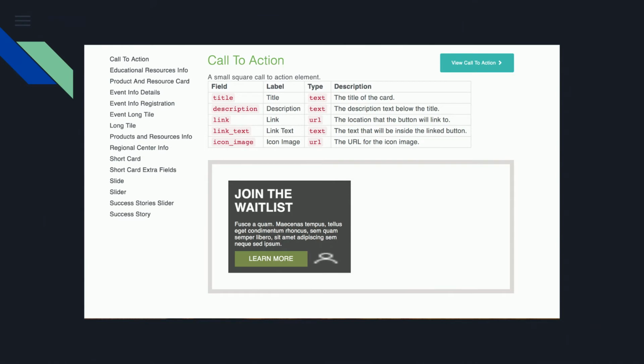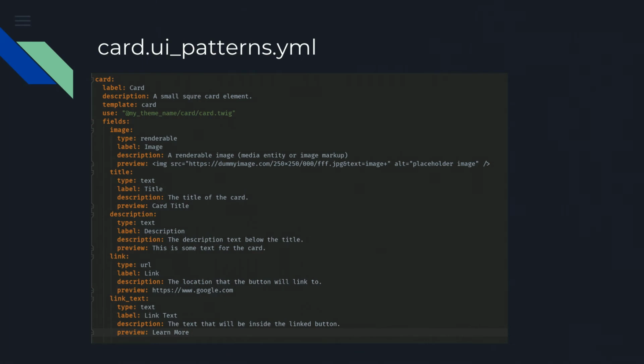Yes? Does this replace the need for the template that you use to map to the components? Or do you still need that template? You would still need the template, because you would still need that my_theme_name/card/card.twig. I meant the other one, the node template that you use with the with. You're saying that you could replace that? Yeah, correct. So this replaces the actual Drupal template that matches the Drupal variables to the component. You wouldn't need to use a Drupal template anymore. You could just do it for manage display,